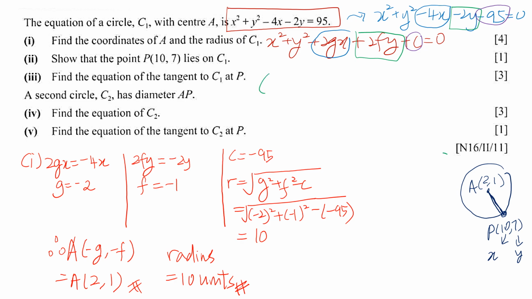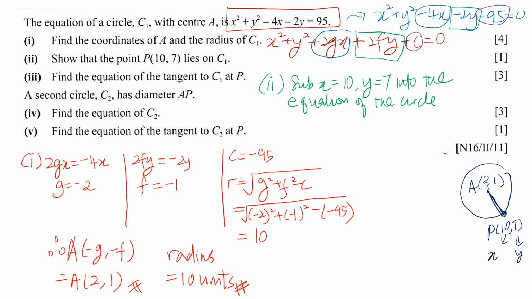So for part 2, we're just going to substitute x equals 10 into the equation of the circle. So I would have (10) squared plus (7) squared minus 4 times 10 minus 2 times